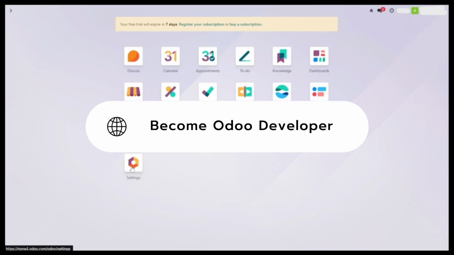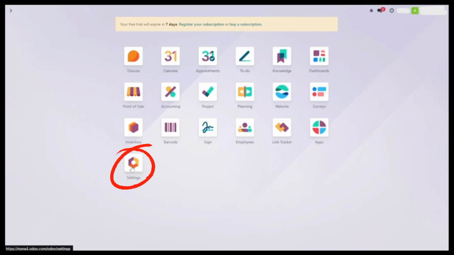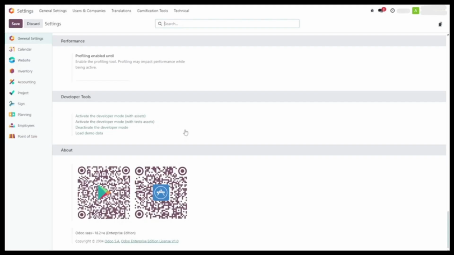Let's get started. First, go to odoo.com and log in to your account. This action will lead you to your dashboard where you will click on the settings icon right here. In this new page containing the settings, scroll down to the developer tools section, and it does say here to